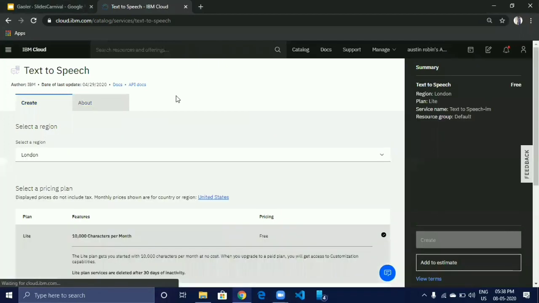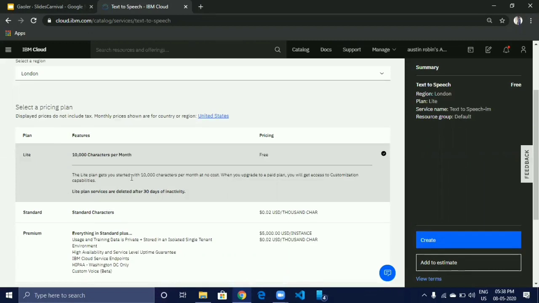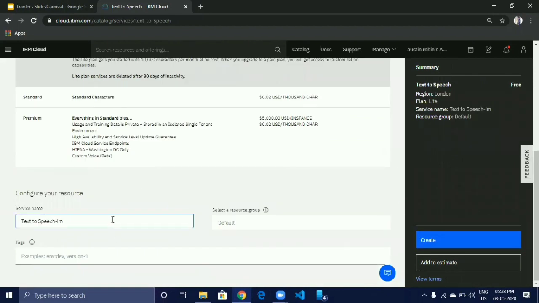Why we are using IBM Cloud over other cloud providers in the market? The main advantage of using IBM Cloud is IBM Cloud is providing a free plan. In this free plan, we can get free access to almost all the IBM Cloud services forever. Scroll down, enter a name for your IBM Watson text to speech service, then click on create button.